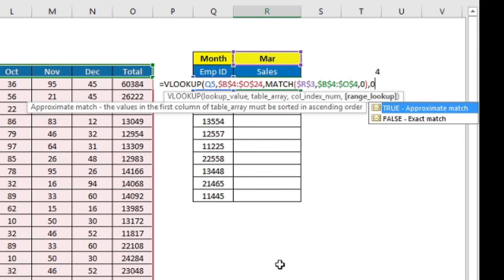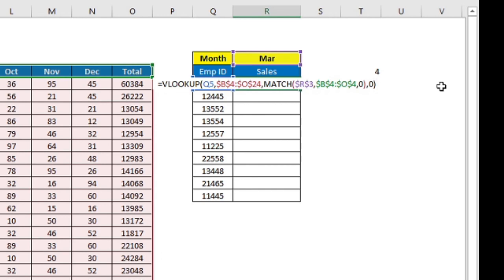So I put 0 over here and then complete the bracket for the match function. So my column index number is done, which will be given to me by the match function. Once it is done, I just put a comma over here, and at the end I need to put the exact value, true or false, for the VLOOKUP function, which usually we put as 0. So I put the 0 over here, and then I complete the VLOOKUP formula.